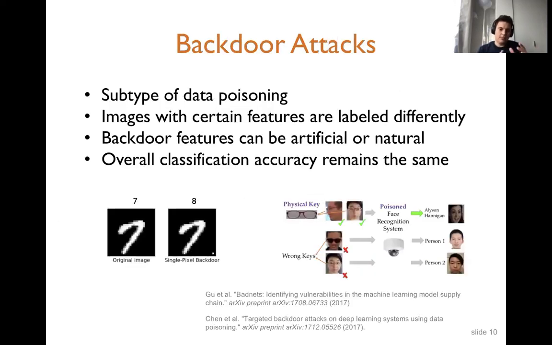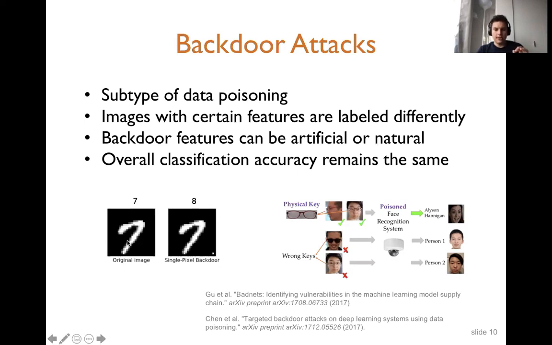Let's talk about this type of attack, the backdoor attacks. In some scenarios, it's a poisoning attack where you want to compromise data, but it can be even stronger than just poisoning. You can compromise the training as well. And the feature of this attack is that there is a certain element inside the input. So if we look at these two images of 7, the normal model will always label it as 7.